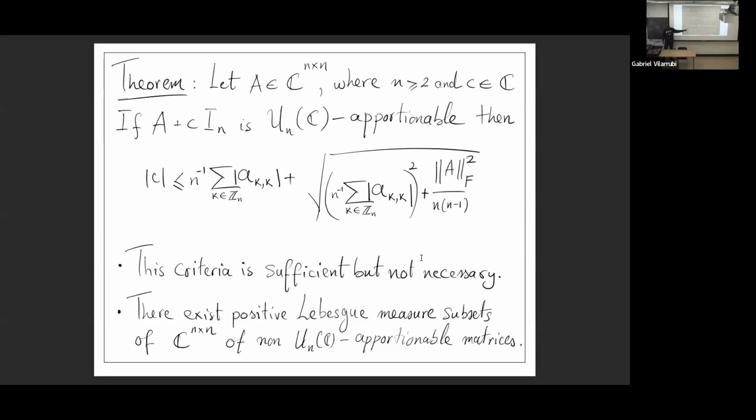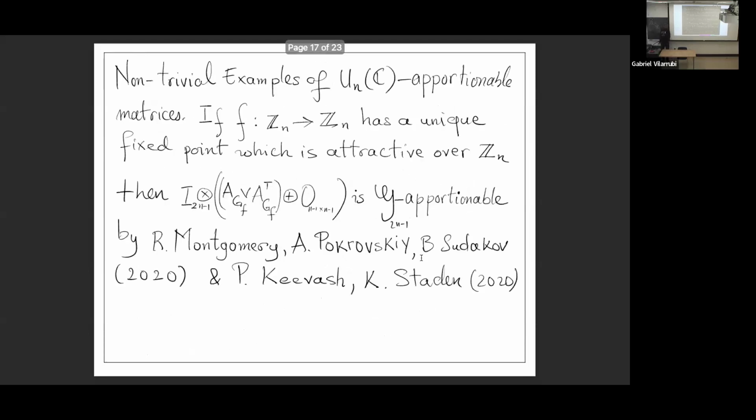And this you cannot find for diagonalizability, because almost every matrix is diagonalizable; there is no positive measure set of the complex plane that contains non-diagonalizable matrices. But this is already true for non-apportionable matrices. Okay. All right. Now, as I said,